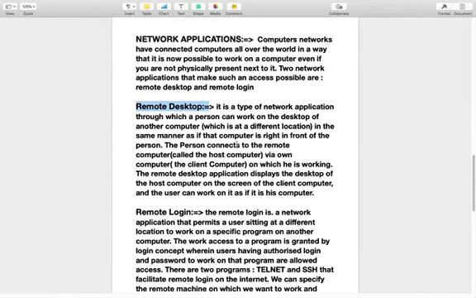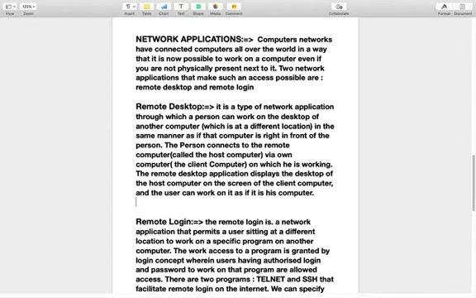The person connects to the remote computer, called the host computer, via their own computer, the client computer on which they are working. The remote desktop application displays the desktop of the host computer on the screen of the client computer, and the user can work on it as if it is their own computer.